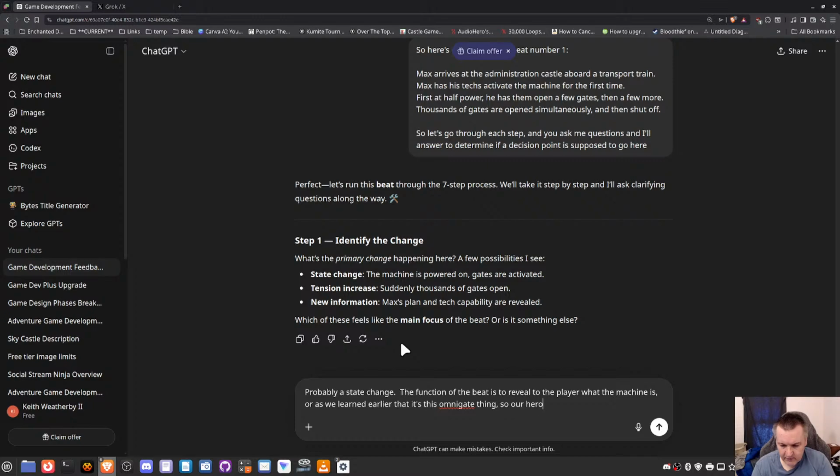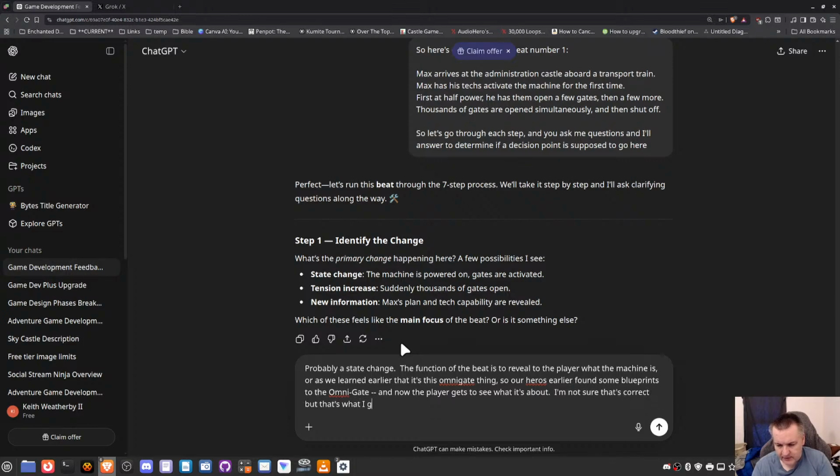So our heroes earlier found some blueprints to the gate, and now the player gets to see what it's about. I'm not sure if that's correct, but that's what I get.